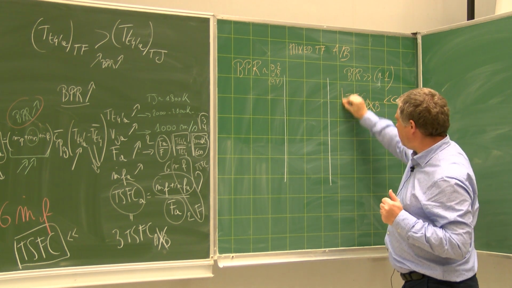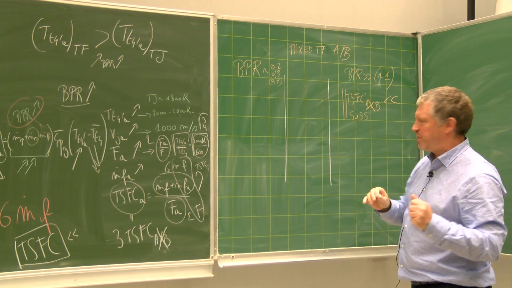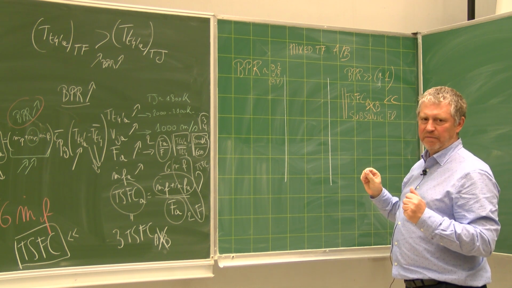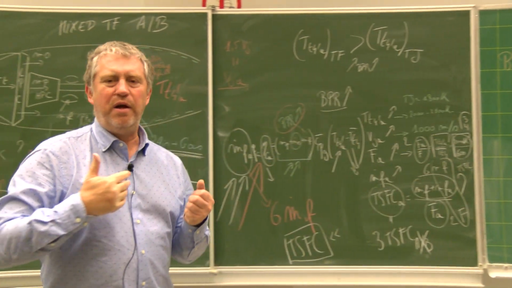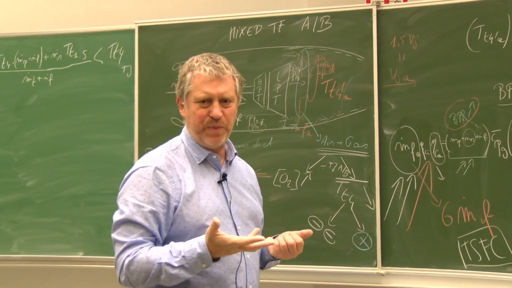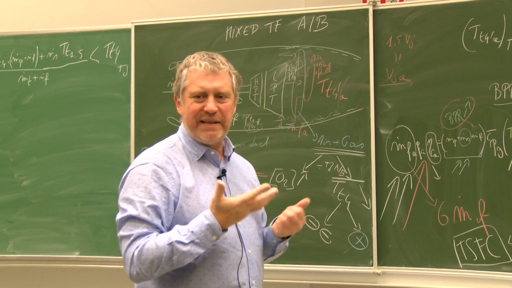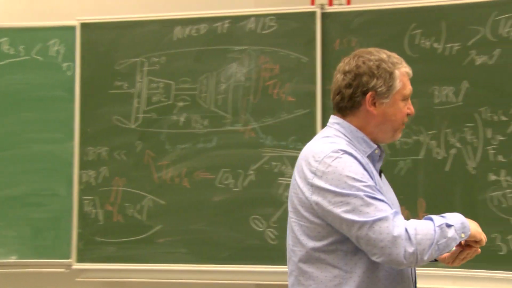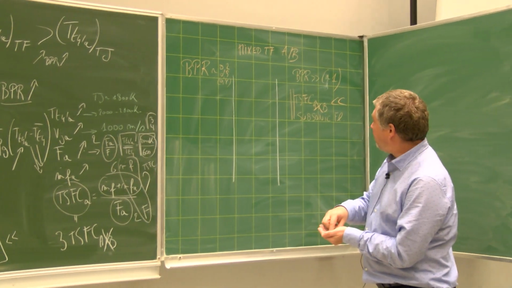So this will be a rather good engine for subsonic flight. Okay? So this aircraft equipped with a rather high bypass ratio, around 1, mixed turbofan with afterburning is able to fly with a rather low TSFC in subsonic flight. Okay? And we'll have, due to the high bypass ratio,